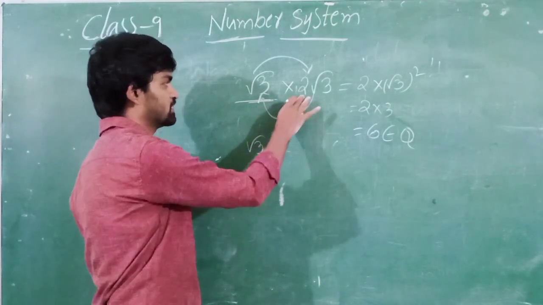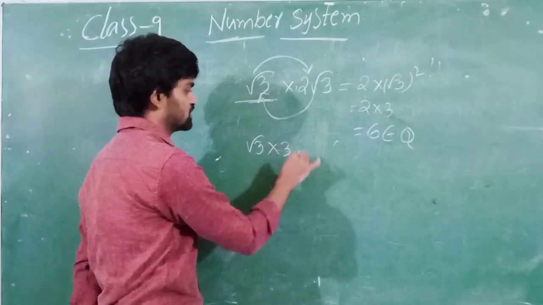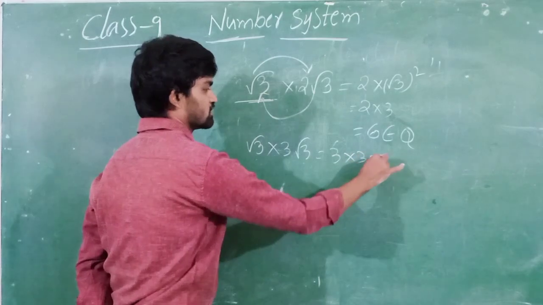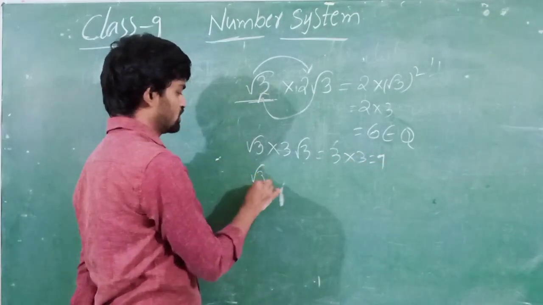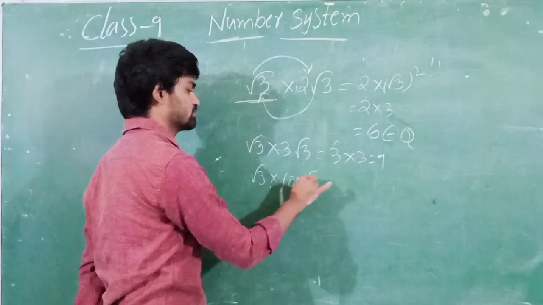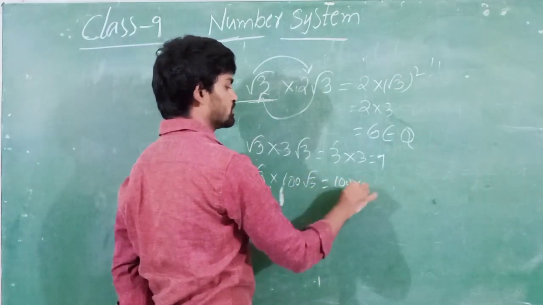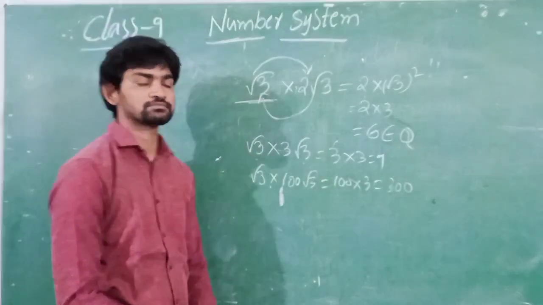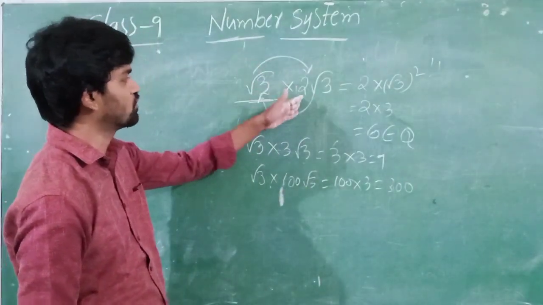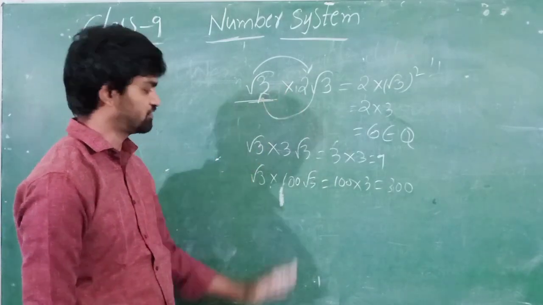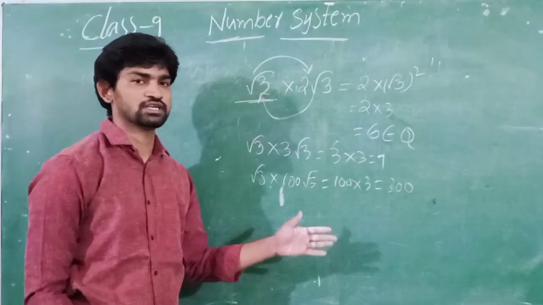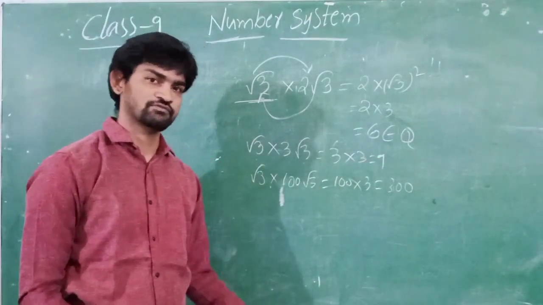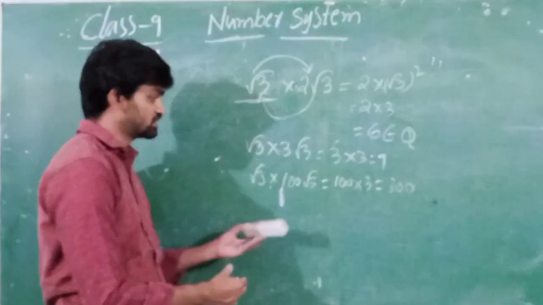Now I have multiplied with 2 here. What about 3 root 3? We will get 3 into 3 root 3, which is 9. So I will multiply with 100 root 3. What we get is 100 into 3, we got 300. Like this, you can change this coefficient up to infinite. So every irrational number will have infinite rationalizing factors. Okay. Next, this is for monomial.